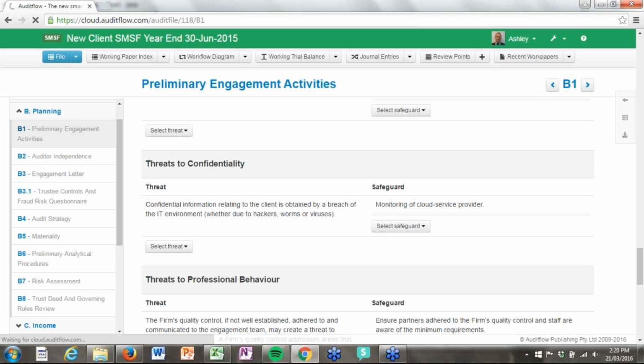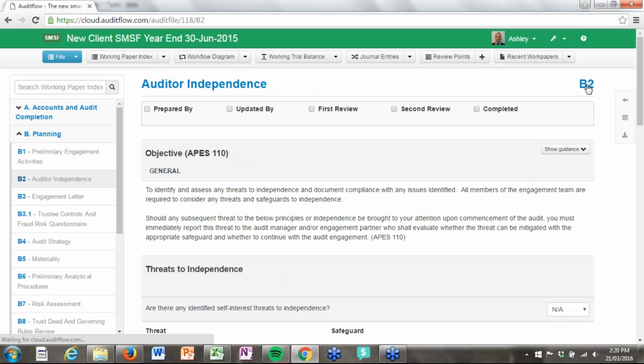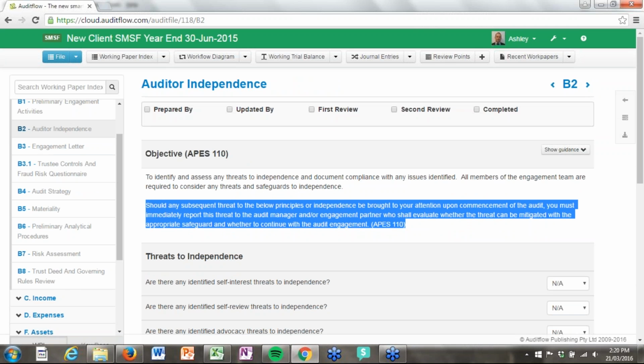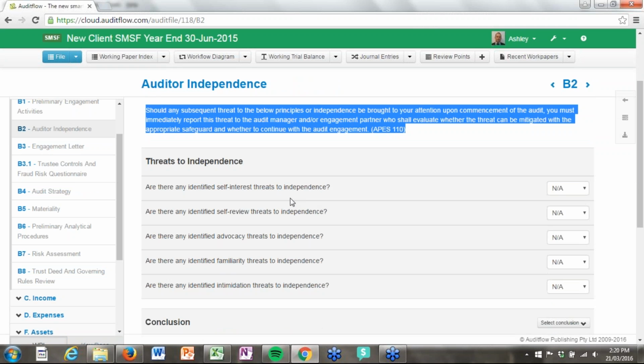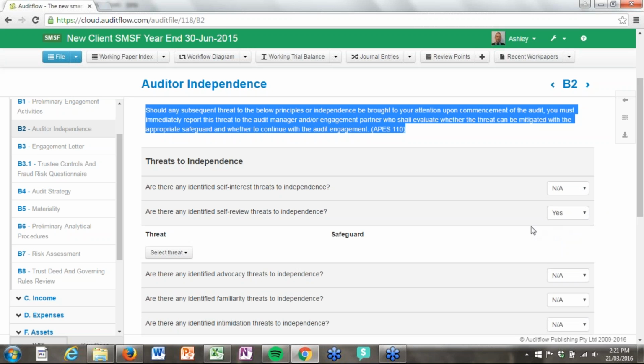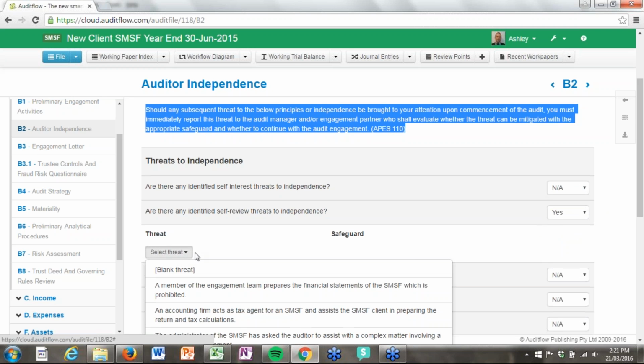If we move over to the independence checklist, B2, you'll see more information. That's the objective. Nothing required from you there. You'll see here the types of threats to independence: self-interest, self-review, advocacy, etc. And the default response within audit flow is not applicable. Obviously, if you do identify any threats to independence, you would need to change this. So for instance, the Chinese walls arrangement, you might